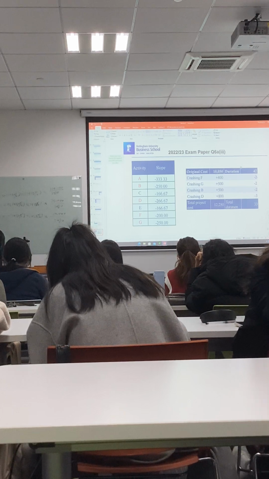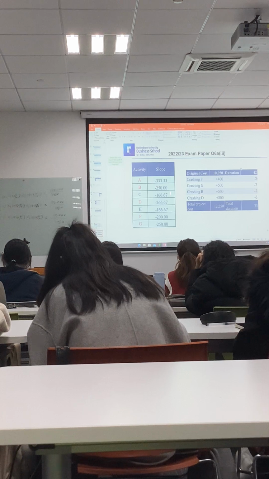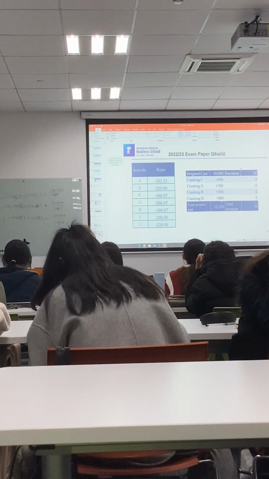Okay, so first we crash F to reduce the time by 2 weeks, and the cost is 400, and then we crash G by 2 weeks, the cost will increase by 5, and B also increased by 5, and then D increased by 800. So at the end we have a total duration